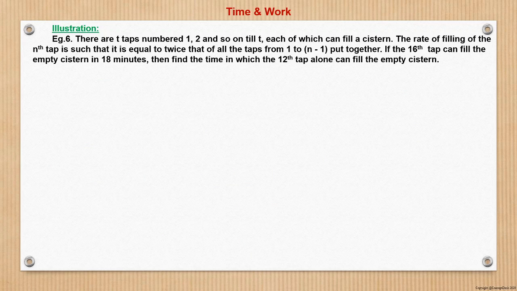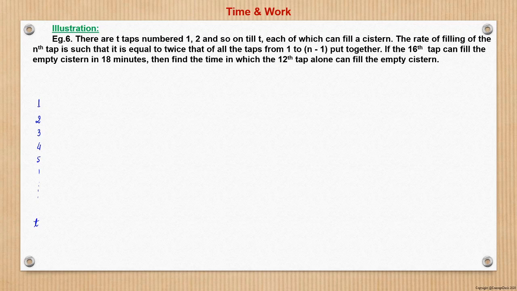There are T taps numbered 1, 2 and so on till T. Each of them can fill a cistern. The rate of filling of the nth tap is such that it is equal to twice that of all the taps from 1 to n minus 1 put together. If the 16th tap can fill the empty cistern in 18 minutes, then find the time in which the 12th tap alone can fill the empty cistern. So this is like first tap, second tap, third tap, fourth tap, fifth tap, and so on, T number of taps,